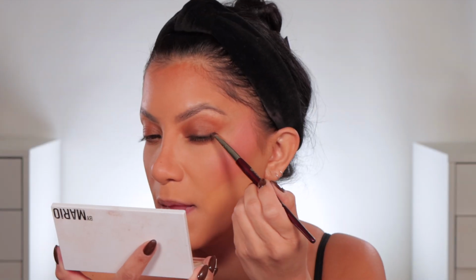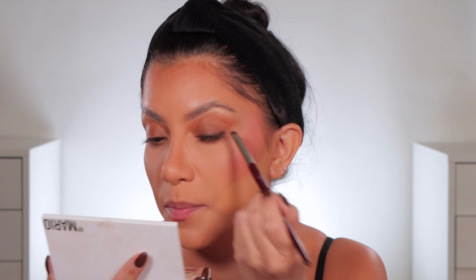Okay, you see this line? It's going to emphasize your lash line. It's going to give it dimension. You see how different it looks? It just gives your eyes so much love. And I don't want like a wing. I just want a little bit of...